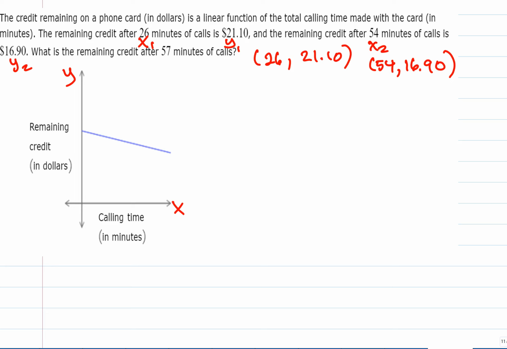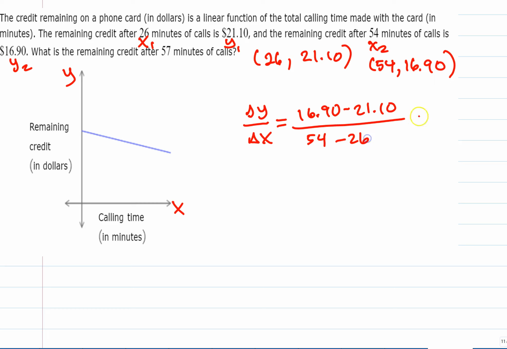If they ever give you 2 points, the only thing we can do from 2 points is find the slope, which is the change in the y's over the change in the x's. Do you see the y's? What's the change in those y's? Over, what's the change in the x? Minus. Now these probably aren't going to be super pretty, but we can handle that. What does that end up being? Negative